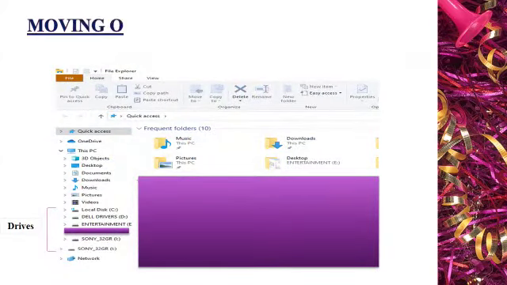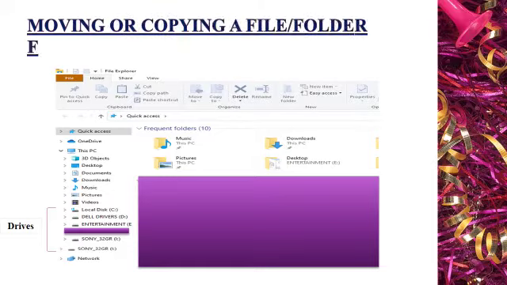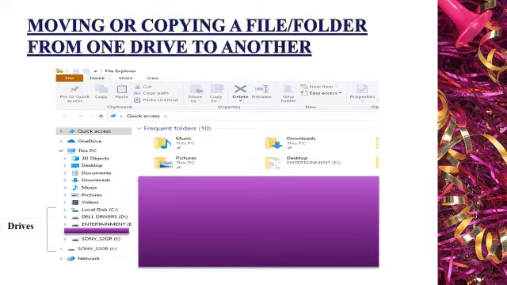Moving or copying a file or folder from one drive to another means shifting its original location to another location, children. As you can observe on the screen, some drives are there here: C drive, D drive, E drive and I drive.